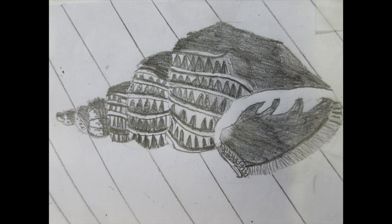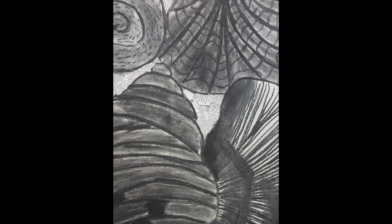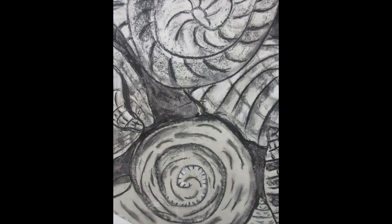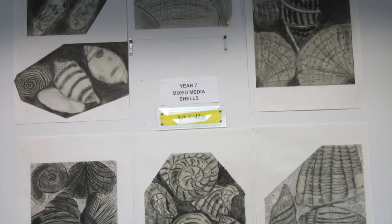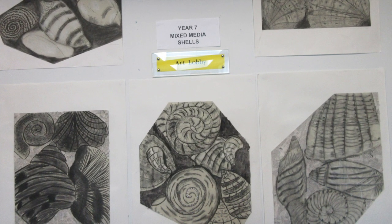When I first started, I thought that I had made a mistake and I wanted to start all over again. Although Mrs. Harvey persuaded me to keep going, and that's when I learnt artists do not make mistakes, they make unexpected possibilities. This term, my class and I are starting to use colours in our pieces of work and are